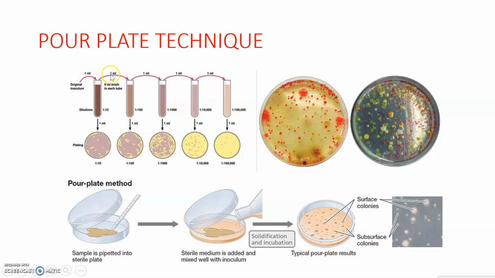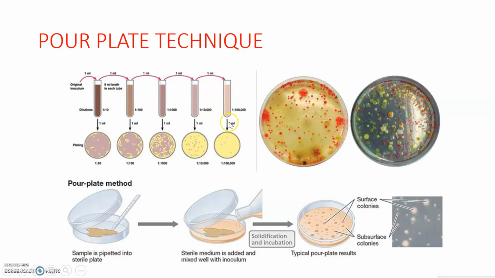Then we take 1 ml from the first tube and add it into the second tube. Now this dilution is 1:100. Then we again take 1 ml from this tube and add it into the next tube. Now this dilution becomes 1:1000. Then again 1 ml from this tube to the next tube, and it becomes 1:10,000 dilution. Then we take 1 ml from this tube and add it into the next tube, that it becomes